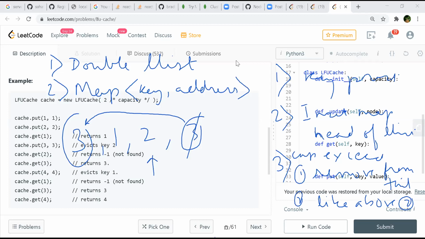So the first part of the problem will not get solved. The LFU will not get solved if you remove from the tail. So I think we are thinking in terms of LRU here, right? Yeah, it's almost similar, slightly the same.